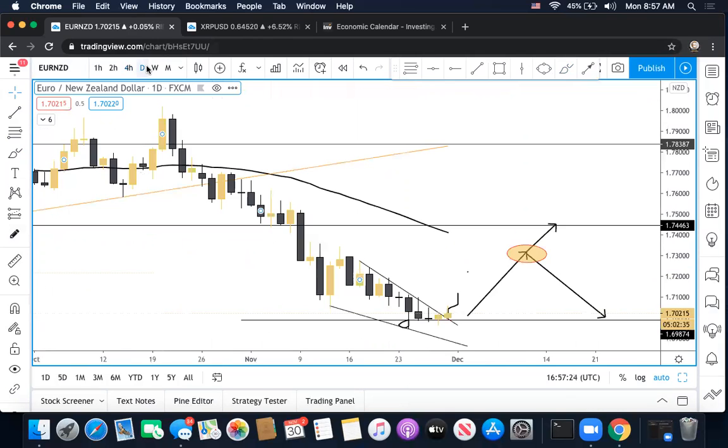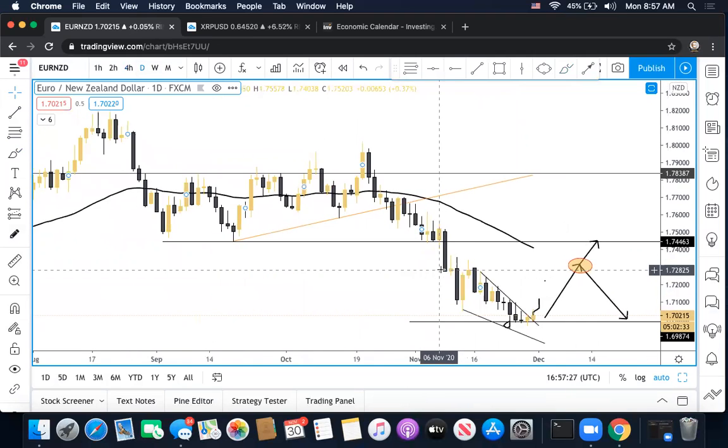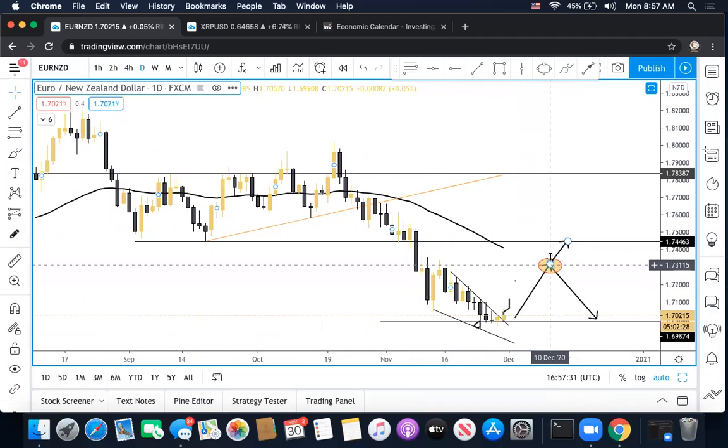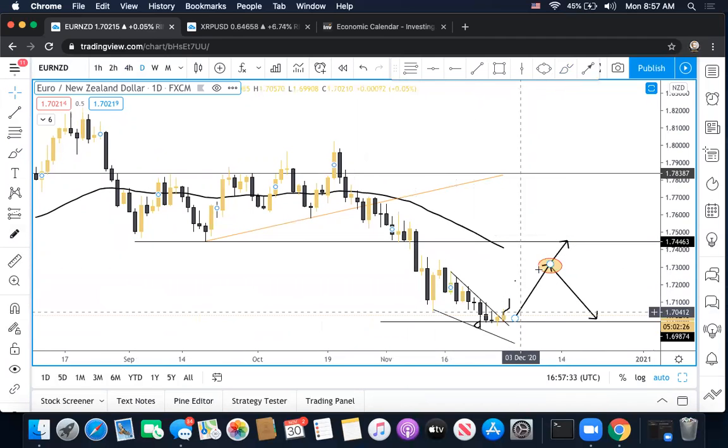All right, daily time frame, looking at the structure, price could reach 1.72 and possibly 1.73, 1.74 resistance before we